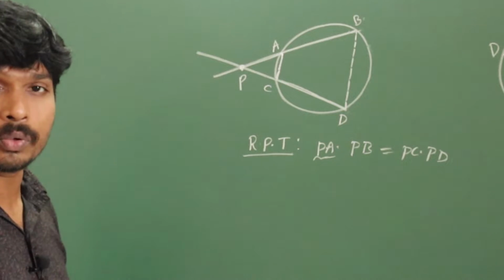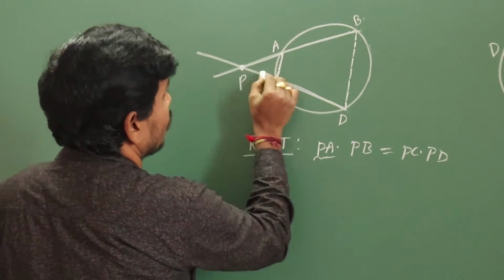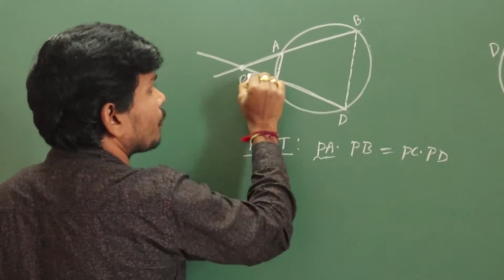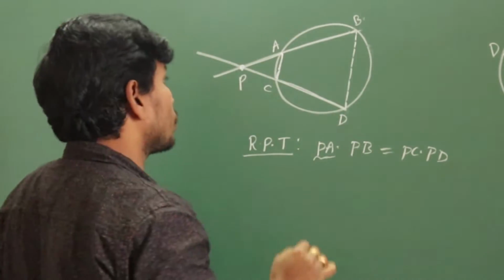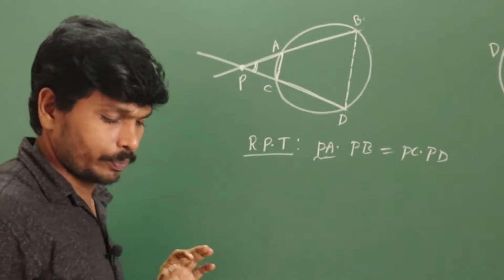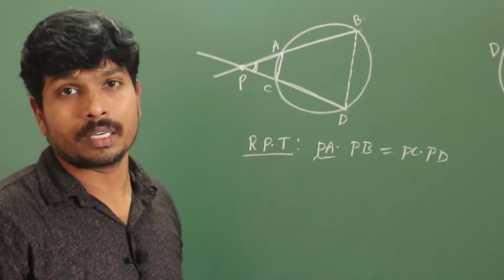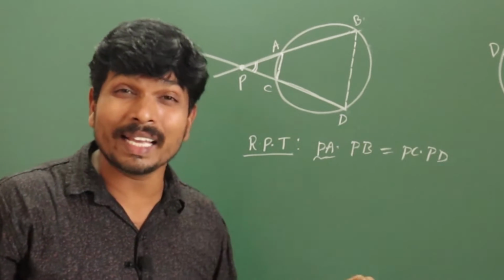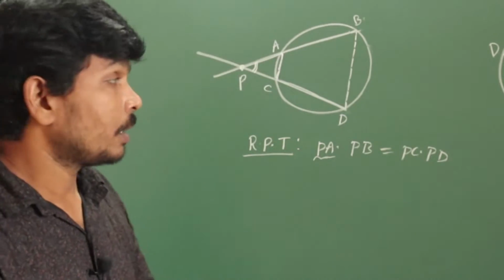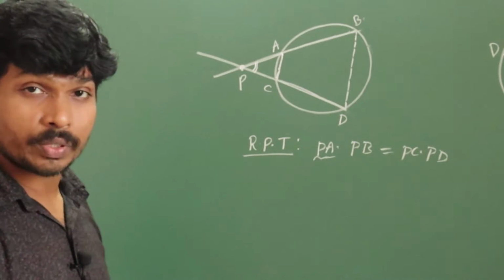Is it possible to prove? Definitely we can prove. See, in the small triangle P is one angle, and for the big triangle also P is an angle. So it is the common angle, so in both that angle is the same. One more angle you try to prove equal in both triangles. If you can say one more angle is equal, then your problem is over. Tell me, by using any concept, one more angle needs to be proved.